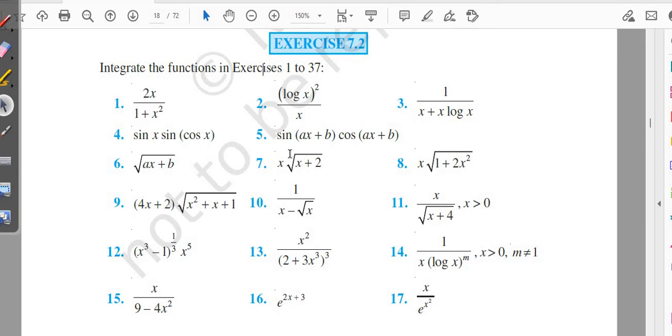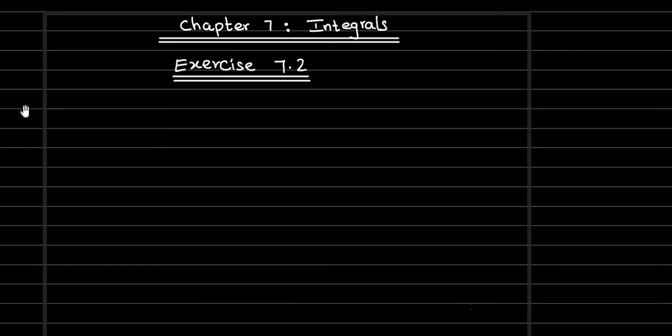So first, we can write this function in the form of an integral. The integral of x into square root of x plus 2 dx. If you notice, it is not in the standard form. Are we able to simplify further? That is also not possible here, because we have a square root. If we didn't have a square root, of course we could take x inside and multiply it with both the terms. But because of the square root, we are unable to proceed.